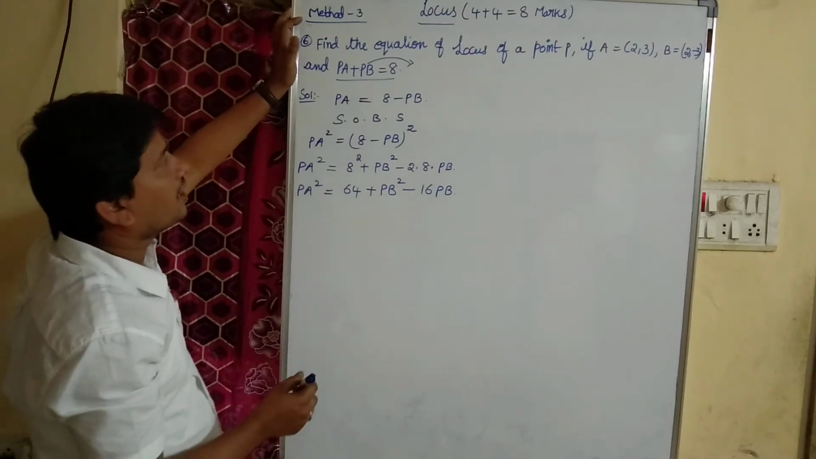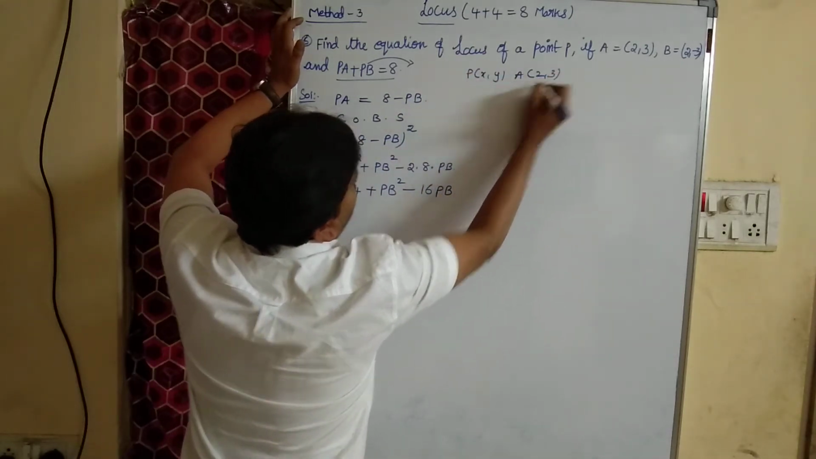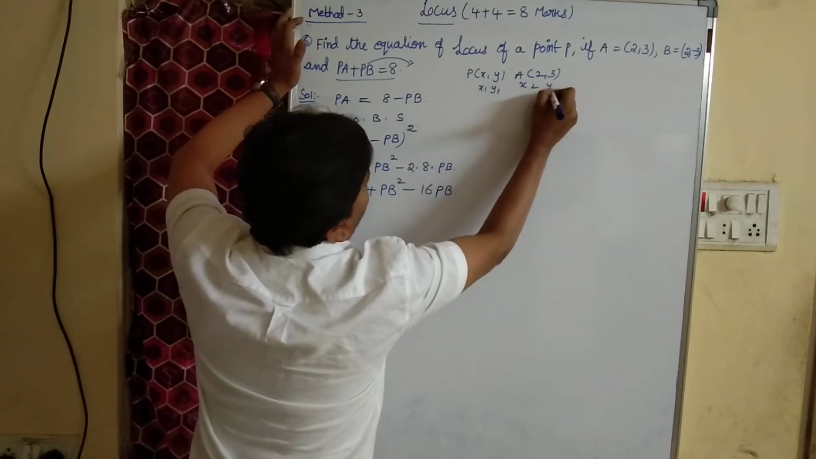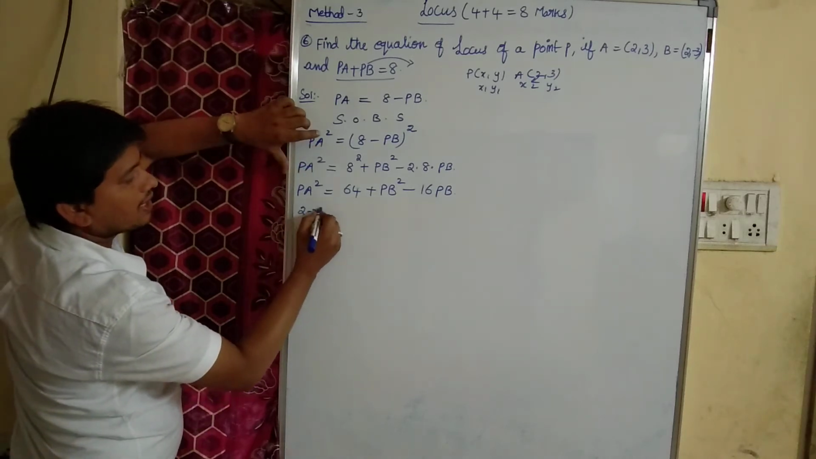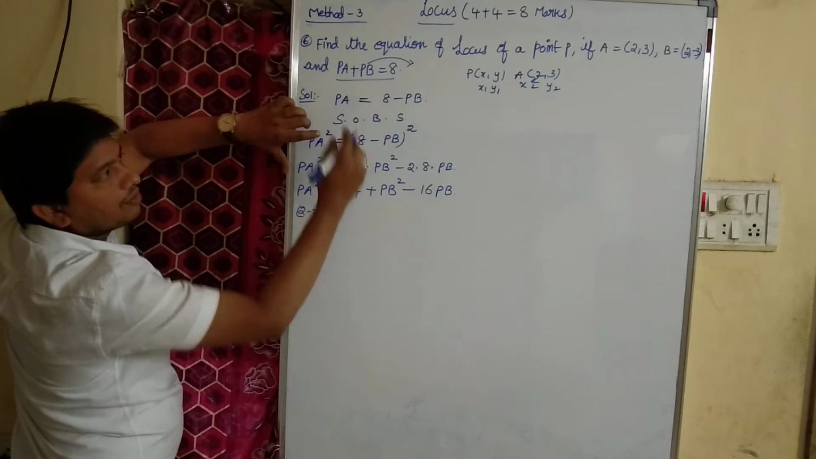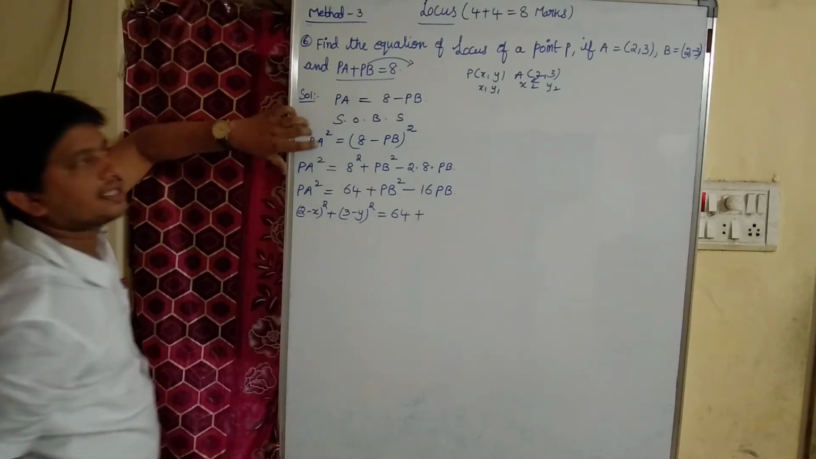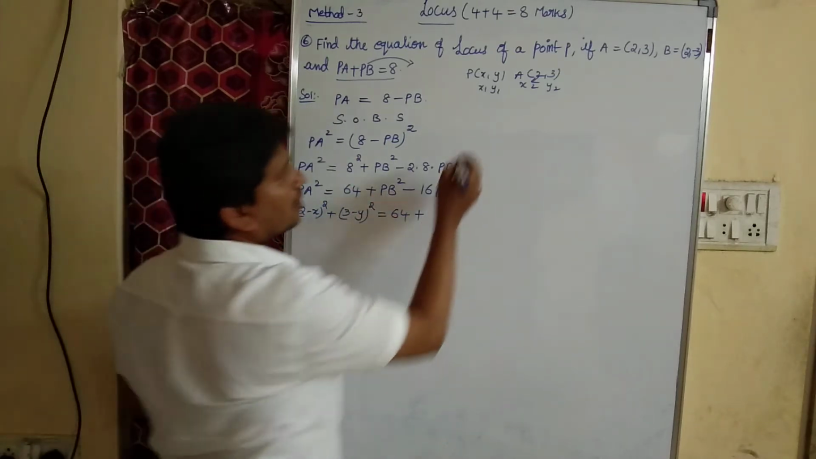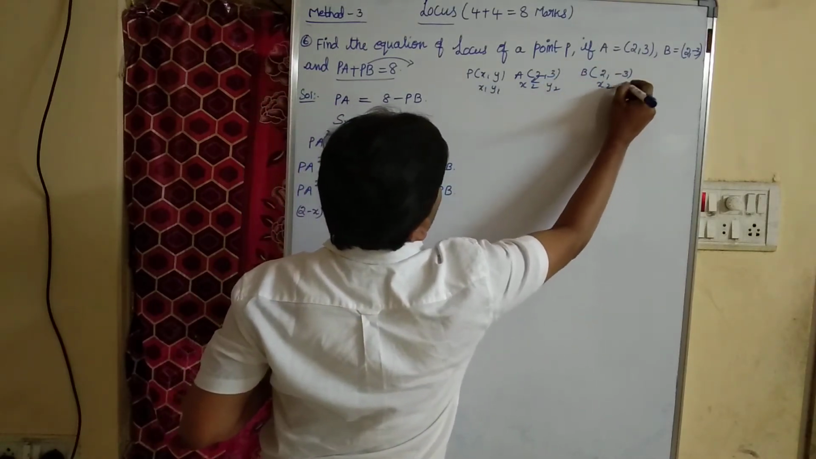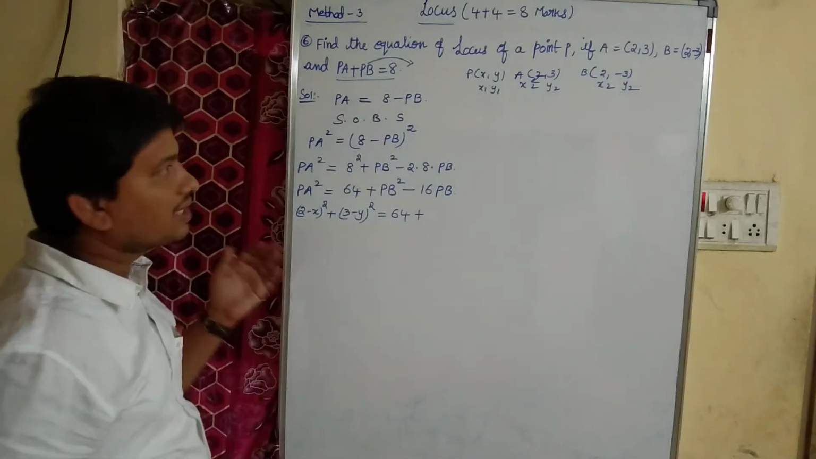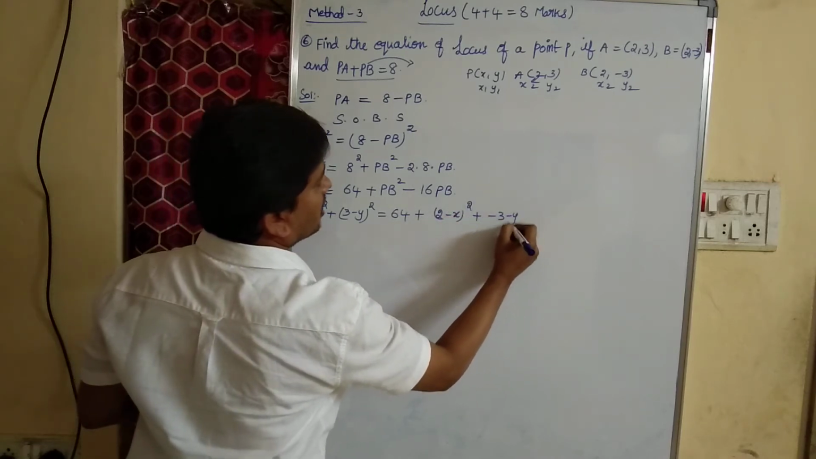Okay, so let us see P and A. As P is (x, y), A is (2, 3). So these are x1, y1, x2, y2, right? x2 minus x1 whole square, (2 minus x) whole square, plus y2 minus y1 whole square, (3 minus y) whole square, equal to 64 plus, now P and B. P is (x, y), B is (2, minus 3), this is x2, y2. (2 minus x) whole square plus (minus 3 minus y) whole square